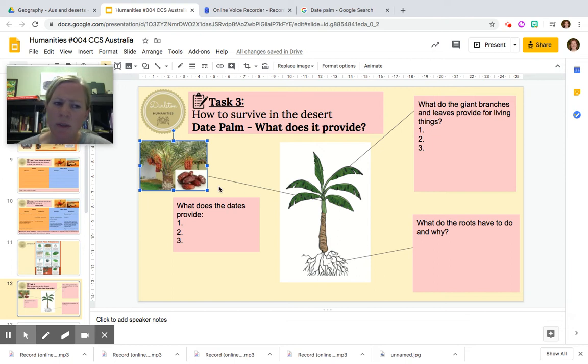Like, what would you do with that? Would you just have it in your house and make lots of delicious date treats, or perhaps maybe sell it as a trade and make some money, especially if you had a few date palms in your field or your land. You can also use the leaves to feed animals or to make baskets or hats or something to shade